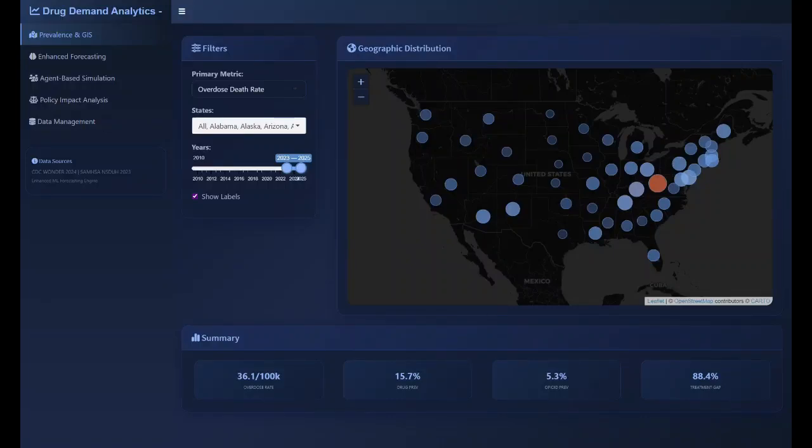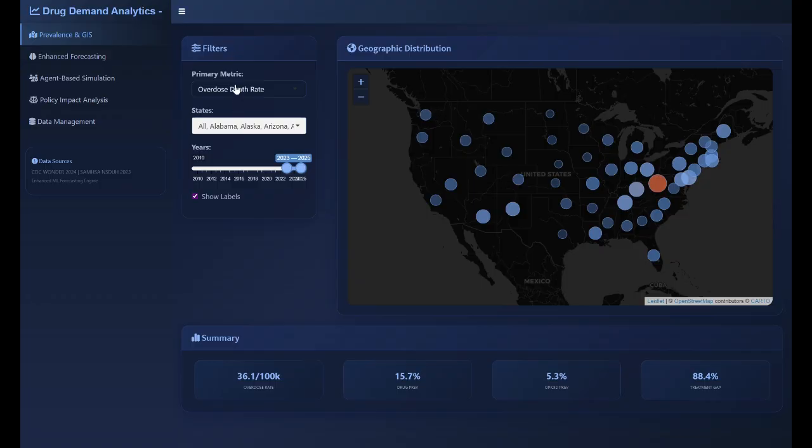This is a demonstration of an application I built comprised of several underlying forecasting and simulation models to assess drug demand and insights pertaining to overdoses, overall overdose rates, overdoses from fentanyl, opioid usage, and the drug epidemic in the United States. The data that was used here was a combination of CDC Wonder, SAMHSA, NSDUH, DEA, a confluence of data sources that was constructed to do this analysis and build this application.